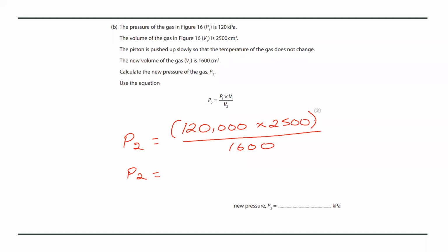Okay, and then we divide that by 1,600. So we get an answer, 187,500. Right, that's pascals. So we need to put that into kilopascals like the question. So what we need to do is divide it by 1,000 to put it into kilopascals. So equals 187.5